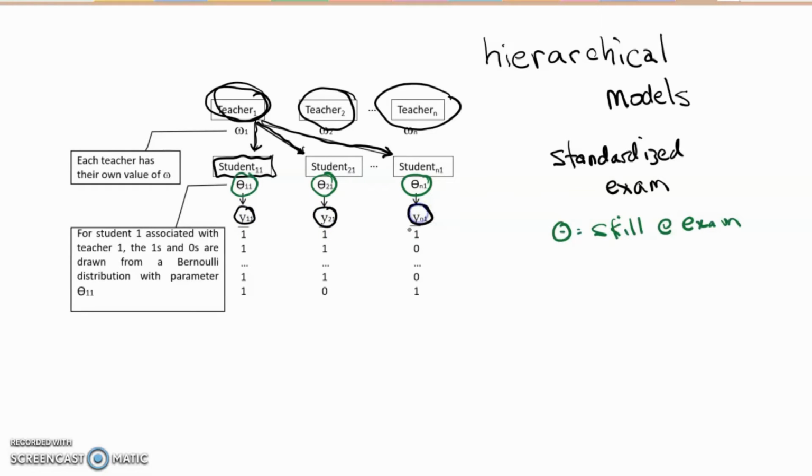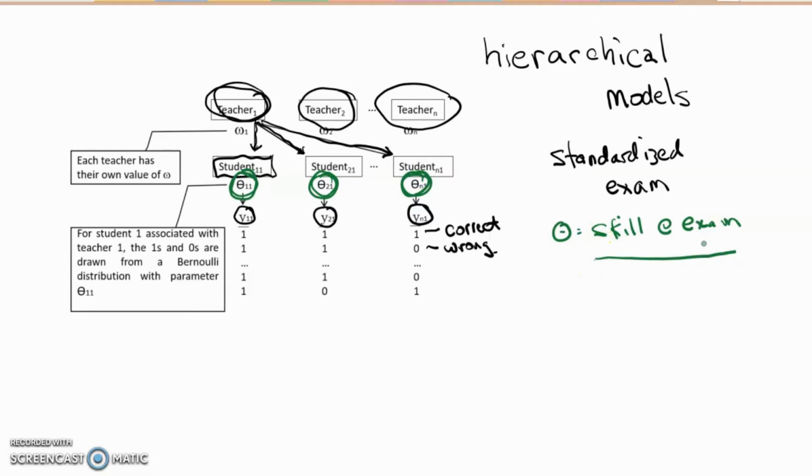And in this standard exam, they're going to answer a bunch of multiple choice questions, and they're going to get a 1 if they get the answer correct, and a 0 if they get the answer wrong. So one of our goals is to estimate for each one of these many students the skill